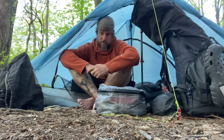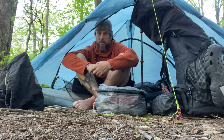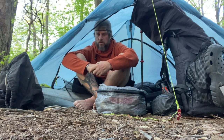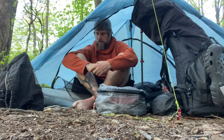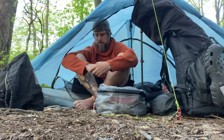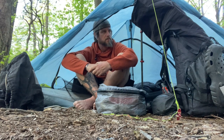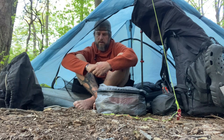I just got tired of doing bear bag hangs. One particular night was the cold night on top, I can't even remember the mountain, but we were getting slammed with rain. It was cold, it was windy. We had to pitch our tents on the side of the trail, and Rapture, all he had to do was go tie his Ursack to a tree while I had to fight with hanging a bear bag. I think most people would have just slept with their food that night, but